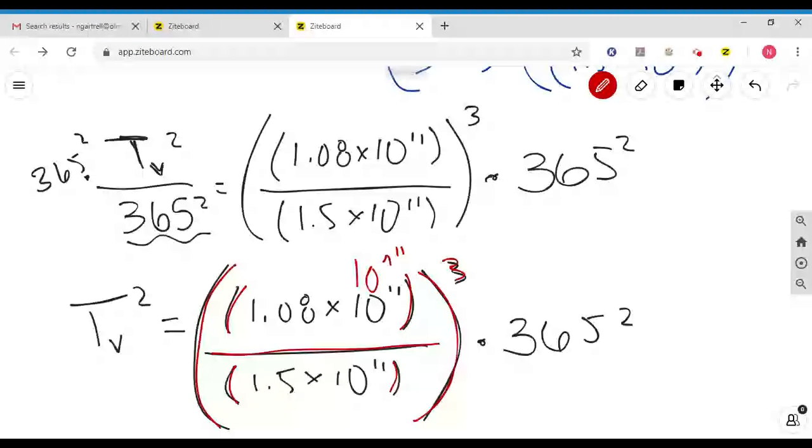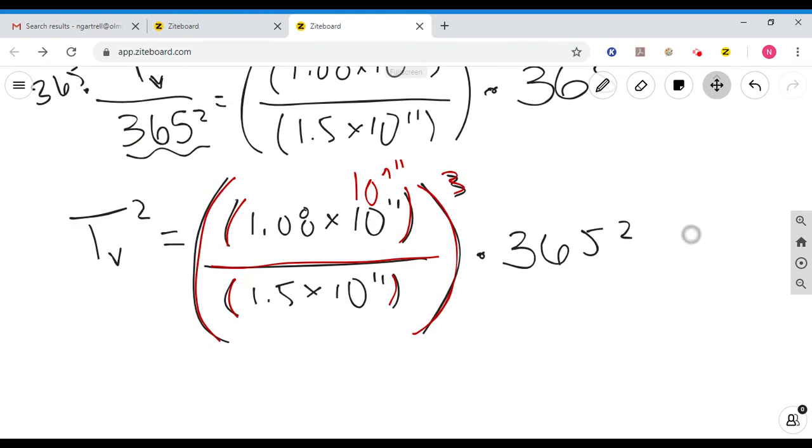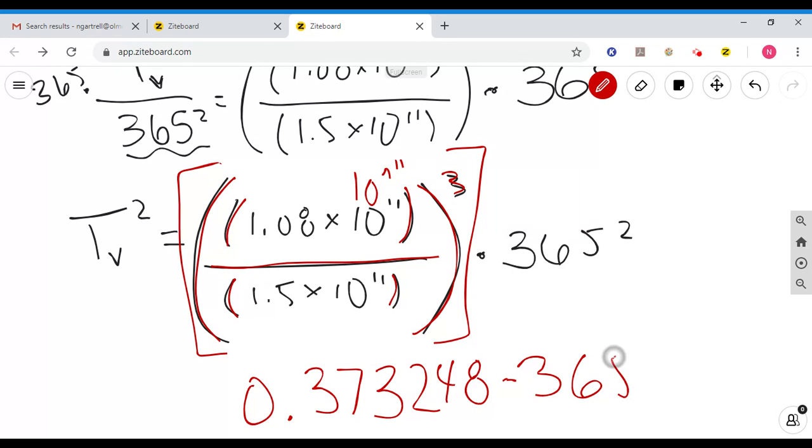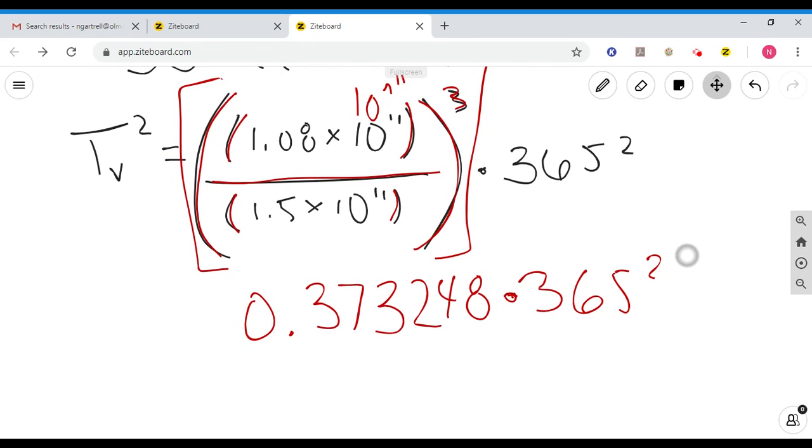And then I type in times 365 squared. So if I do this in two chunks, if I type this in, I got 0.373248 times 365 squared. It's a times sign. There you go. All right. And so when I do that, I get t sub v squared